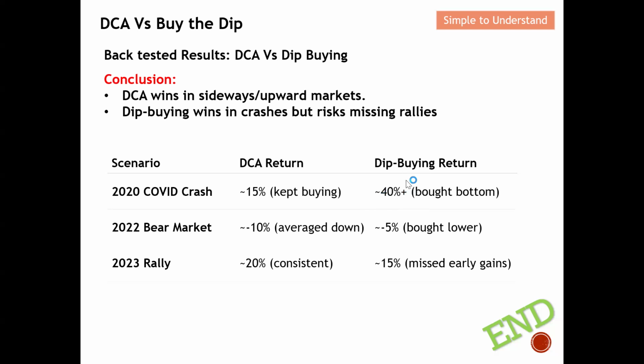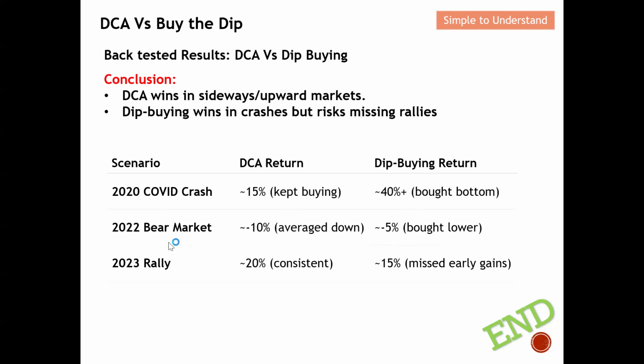For example, like I did just now, I do two times. Then I may have, let's say, 10%, 10% and 20% so-called profit over here. For another scenario, the 2022 bear market: if you do this DCA, the return will be 10%. However, if you do this dip buying, then you will probably have only 5% or minus 5% here. So you can see the contrast in the bear market.